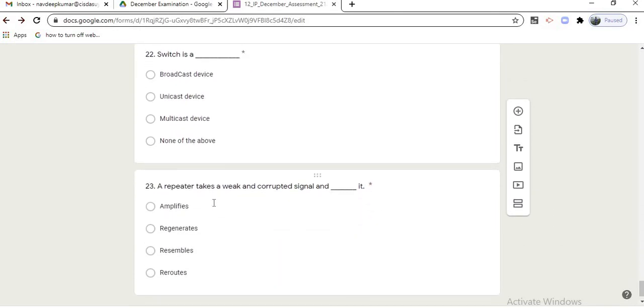And the last question in the MCQ series: a repeater takes a weak and corrupted signal. So it receives the signals like this, a weak signal and a corrupted signal, and what it does is amplify, regenerate, resemble and reroute. So it regenerates that received signal. Clear? So the right answer for the 23rd question is regenerates. So students, we have looked at the MCQ questions, and